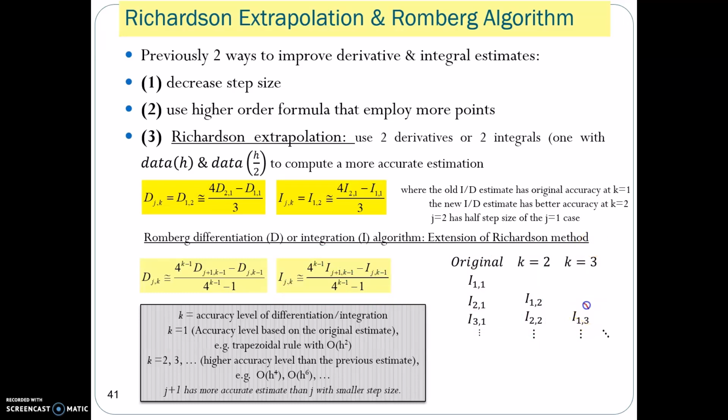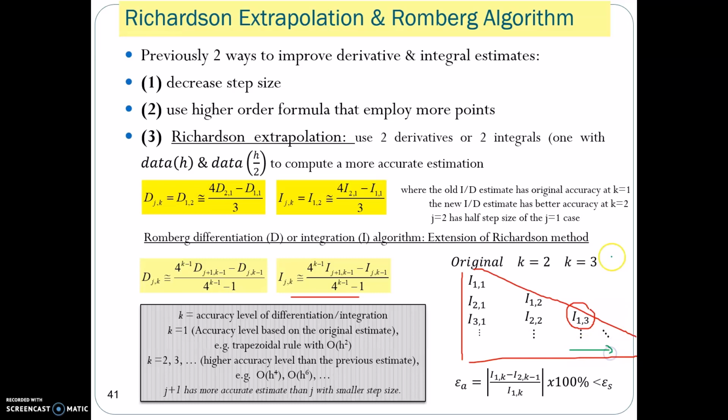If you are not satisfied with the integration result obtained here and you want to further improve the accuracy, you can continue the calculation by using this Romberg algorithm. So you can continue the iteration for k equal to 4, 5, 6 and so on. You can set the stopping criteria by using the approximate percent relative error. When the approximate error that is computed by using this formula is less than the stopping criteria that you set, then